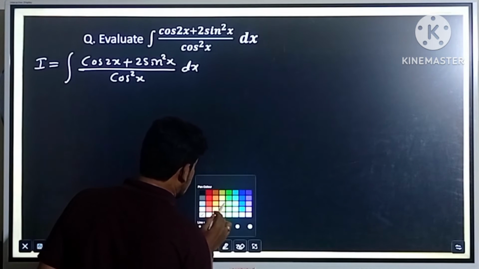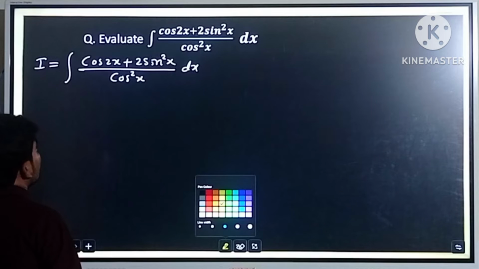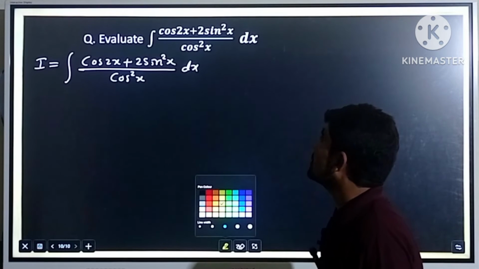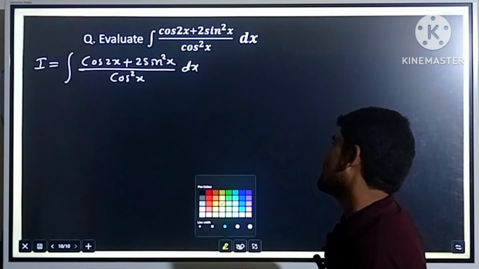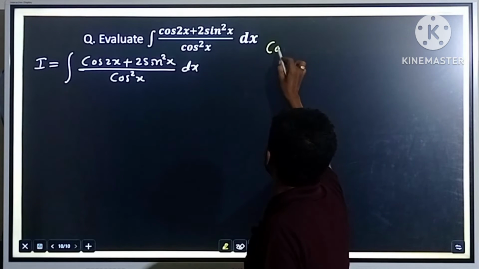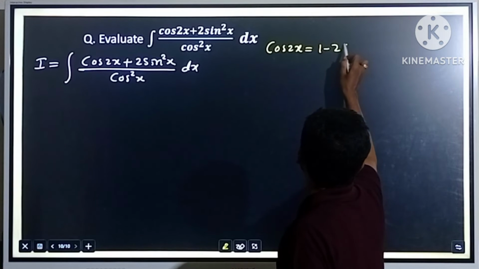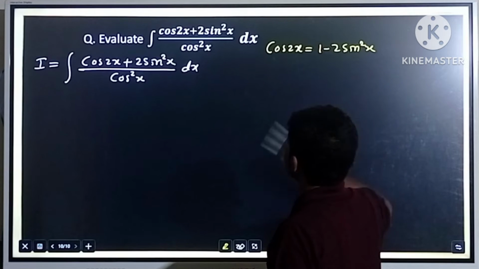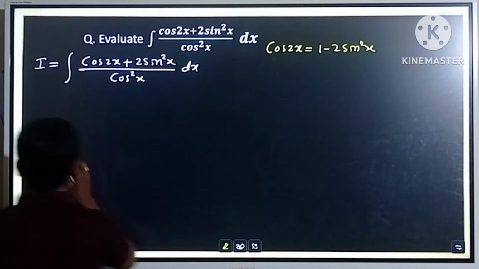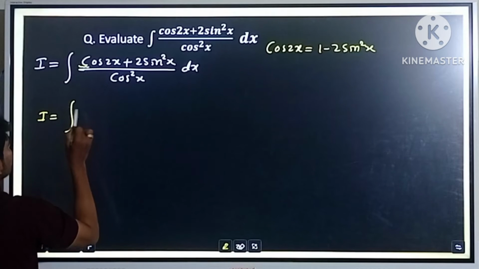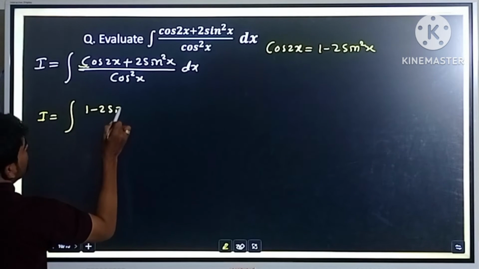Here observe the integrand. What is in its numerator? Cos 2x plus 2 sin square x. So observe here, we have one of the cos 2x formulas, that is 1 minus 2 sin square x. Therefore, by using this identity, I can be expressed as integration of, in place of cos 2x, 1 minus 2